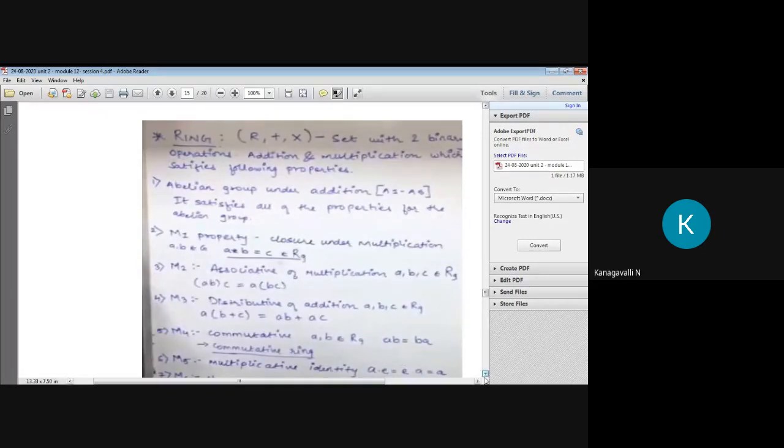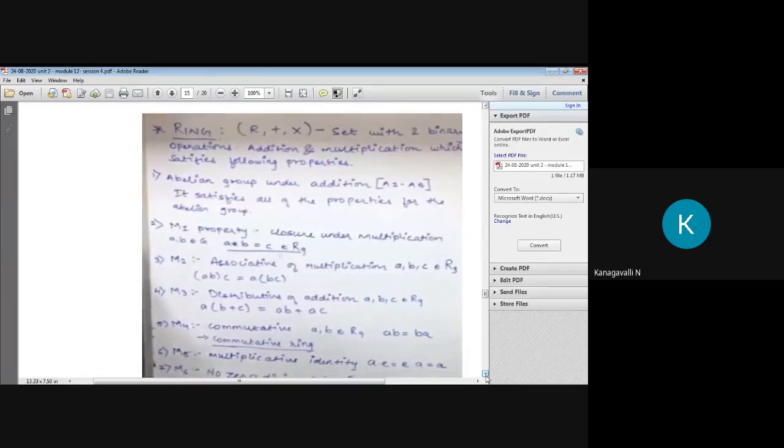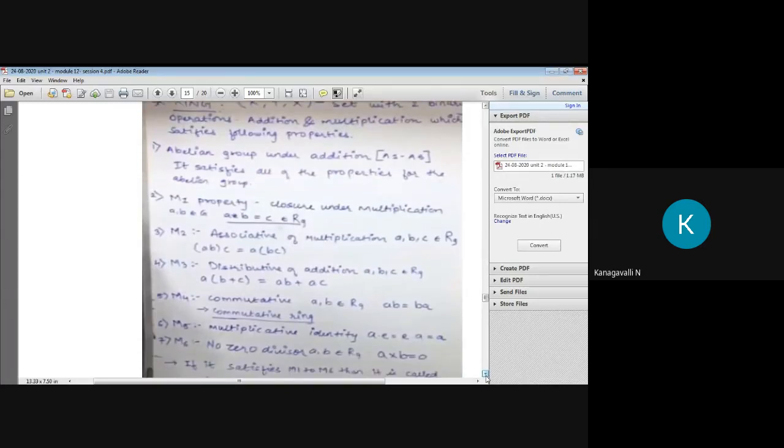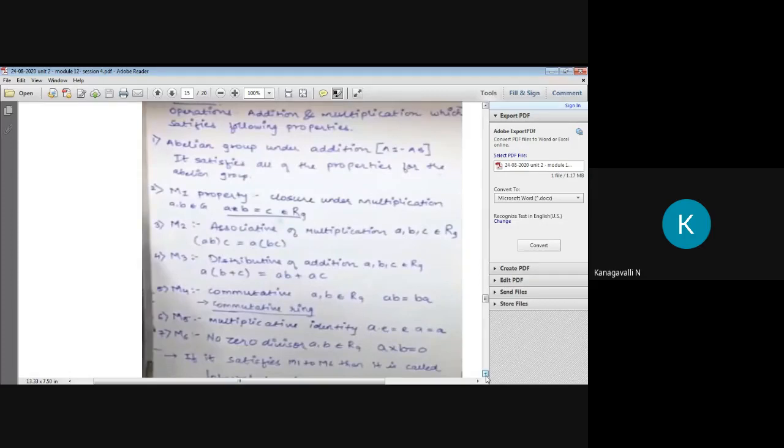See, what is the difference between the previous thing and this thing? A group represents the binary operation with a dot, right? Here we are replacing the dot with nothing, directly multiplying. A group is a representation of a binary operation. Here we are directly multiplying with our associative property. Then the distributive property of addition, a into (b plus c). In the previous group it was a dot, but here it directly multiplies with the integer of some addition number. Then M4 is the commutative property, so a, b belong to R, so ab equals ba.